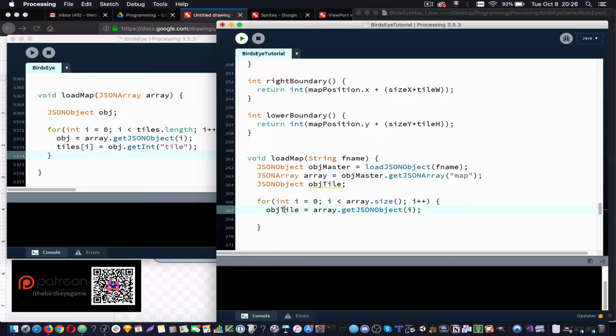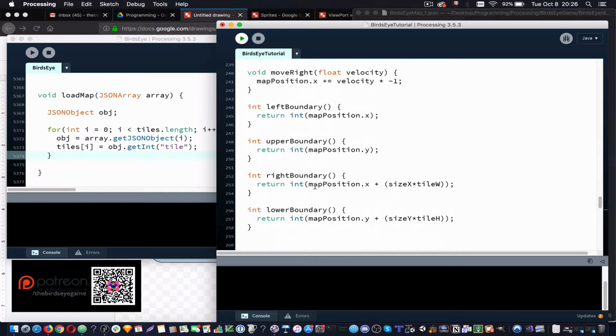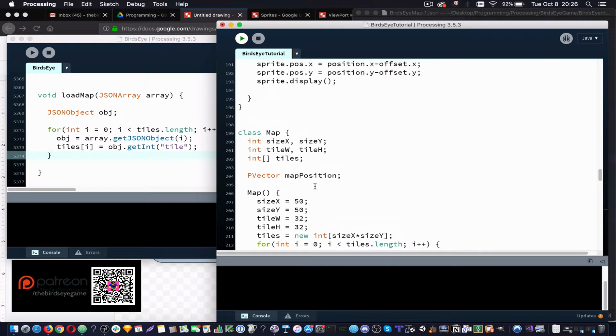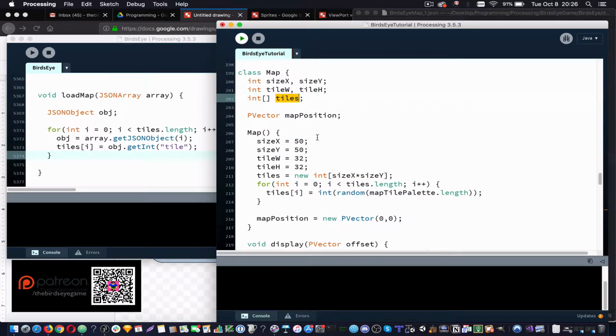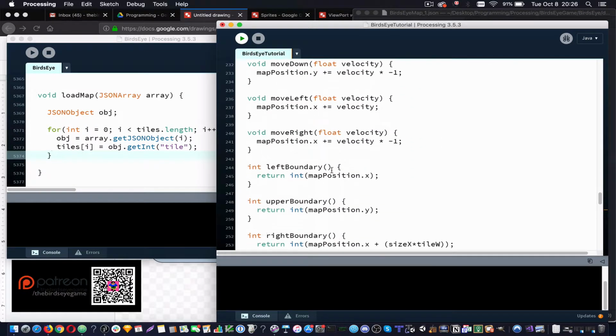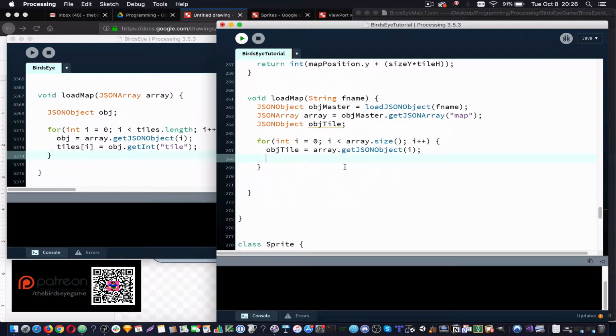And now I'm going to transfer the data from this object tile into my actual map, which stores it in this array called tiles. If you remember from the first or second episode, I created this. So it's going to be tiles sub I equals obj tile dot get int